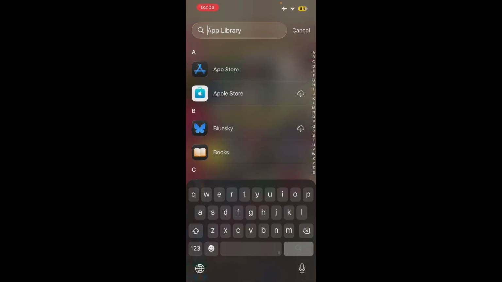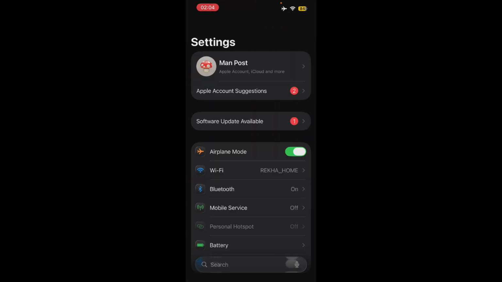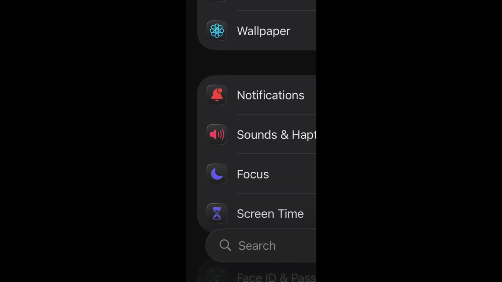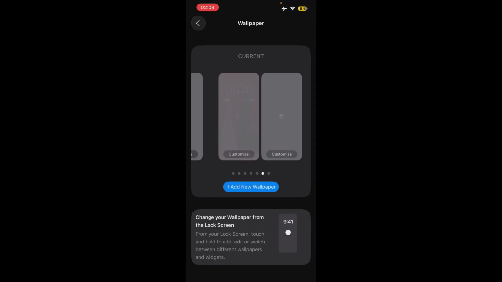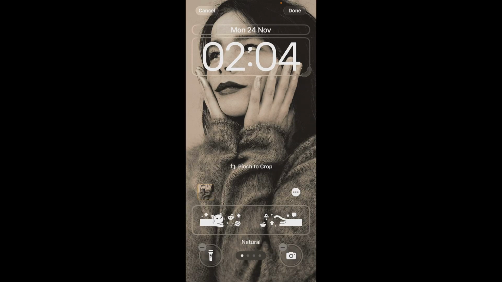Just go to your app library and make sure you're on your settings like this. You also need to make sure that you're updated to iOS 26 since this update is only available in iOS 26. So just scroll down till you find wallpaper right there. Just go ahead and tap here and now tap on customize, and after you're here you should see something like